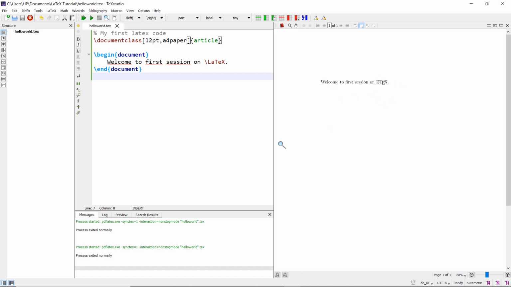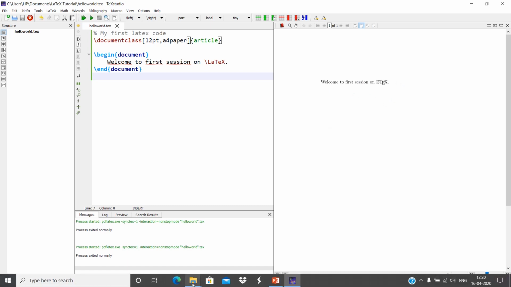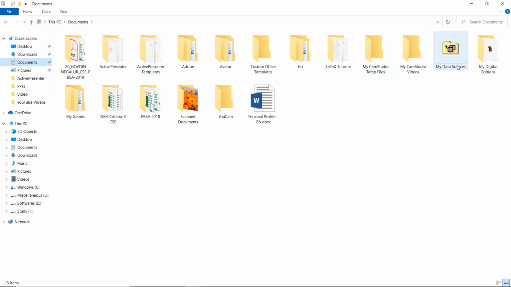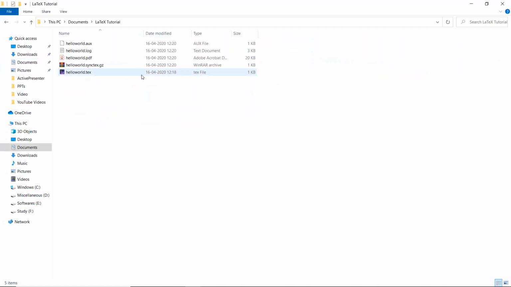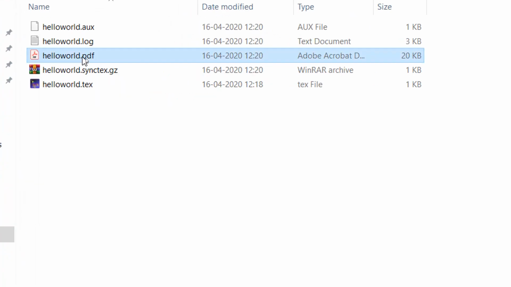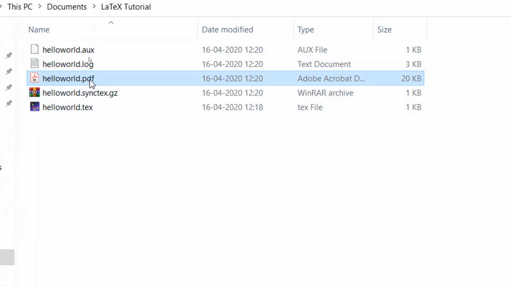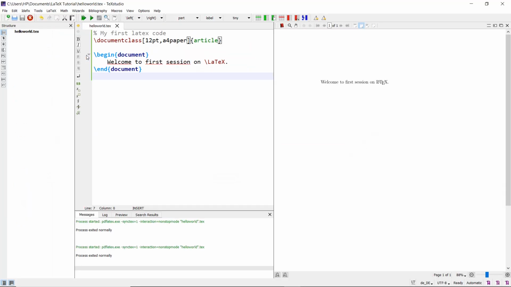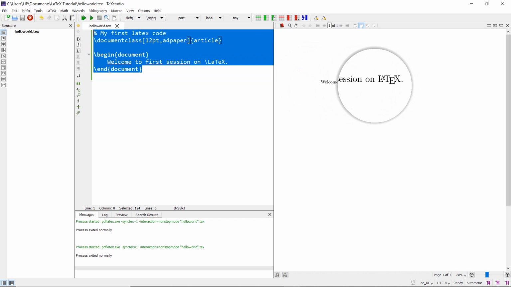So if I open this installation directory where I had stored the file, you would notice the presence of PDF. Of course, there will be other files also. You would notice the presence of PDF. So the PDFLaTeX application has generated the PDF depending on the code. So I'll come back to this, and this is what has been displayed here. Whatever you are seeing here is actually a PDF. Based on this code, you have generated this PDF.